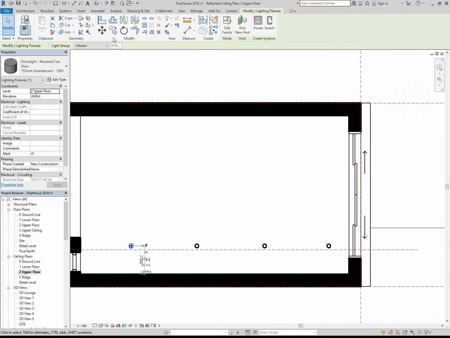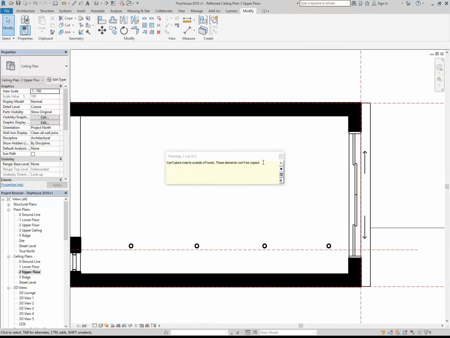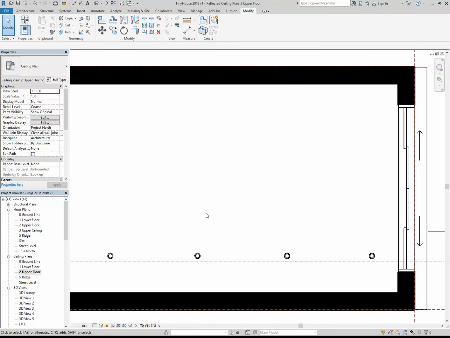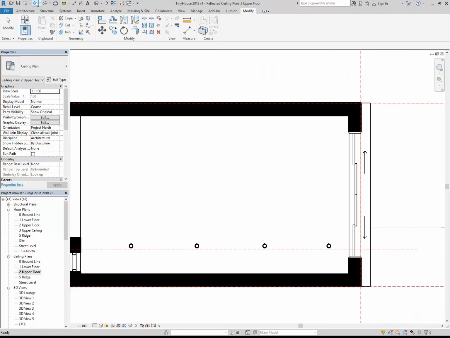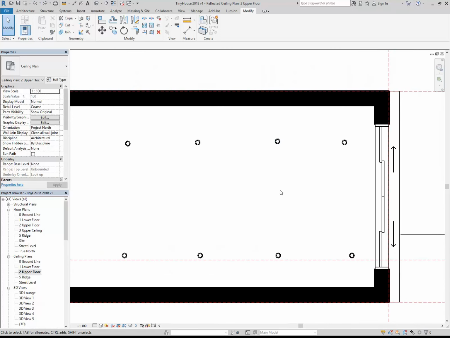This is a problem with lights. Sometimes when you try to copy them, it won't let you. They've made it better. It used to be worse than this, but again, if it doesn't work, you can always place them the way I did earlier. So I'll just undo that. Yep. And anyhow, I'm happy with it like that. Maybe if I just line these up. Okay, so